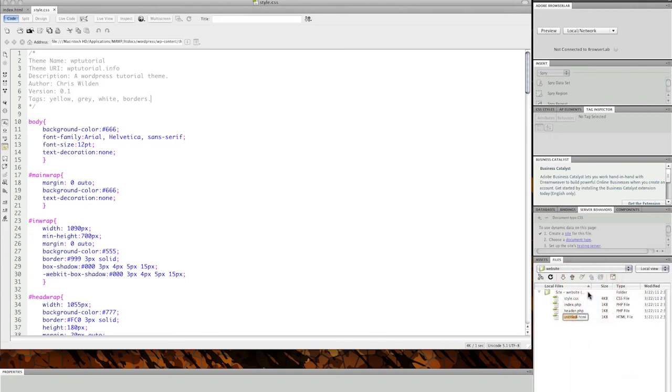It will be a header.php, then we need a footer.php, and we will have a single.php, a page.php, and a page of posts.php, and also a